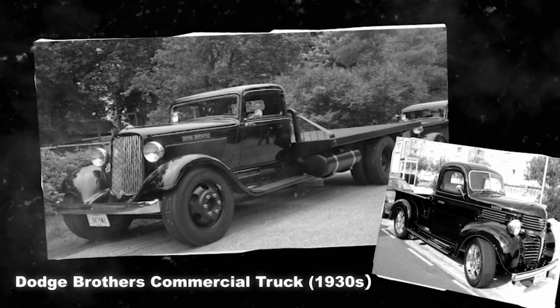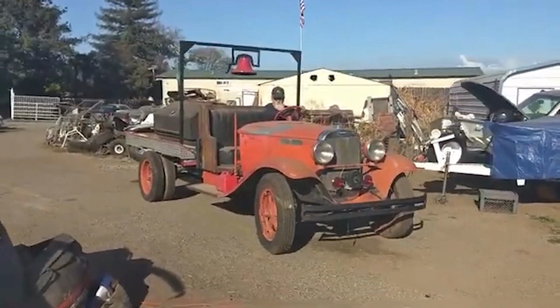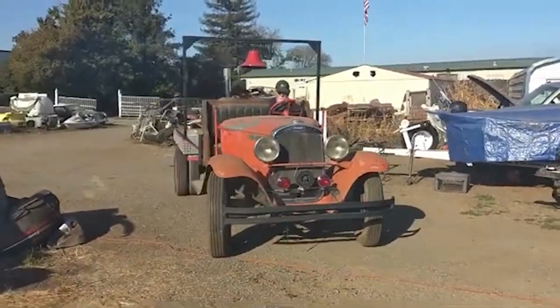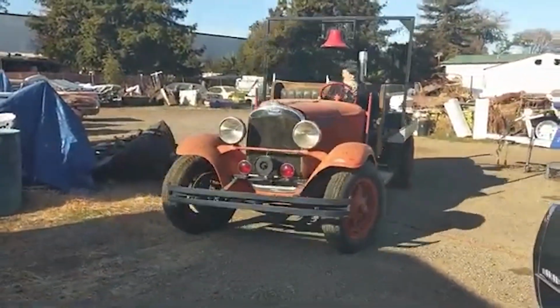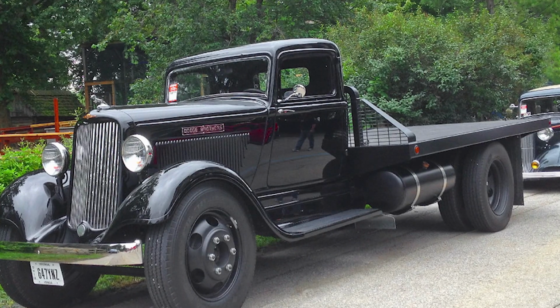Number 3. Dodge Brothers Commercial Truck, 1930s. When things get tough, get the toughest truck. The Dodge Brothers commercial truck was just that, another sturdy workhorse that featured the powerhouse of a 6-cylinder engine. It was capable of hauling large loads, and with its sturdy body and durable suspension, it appeared to be built